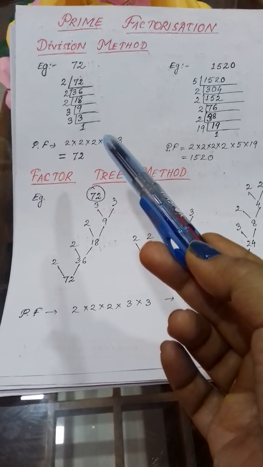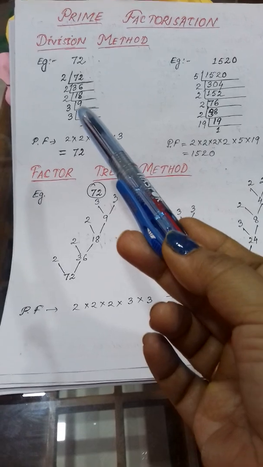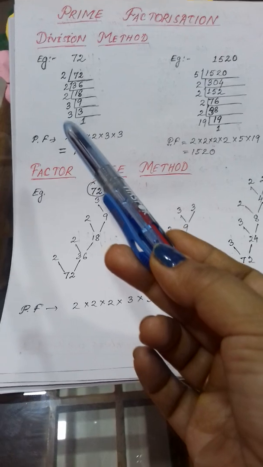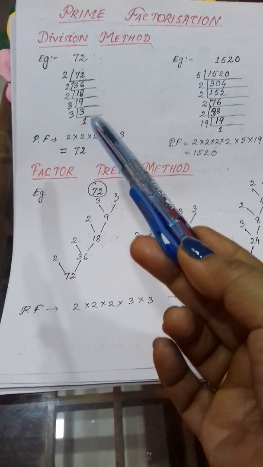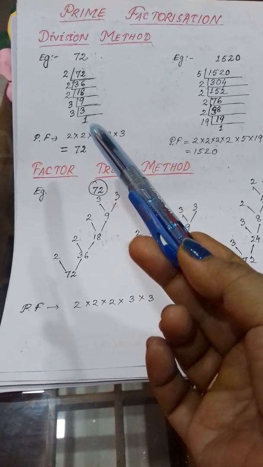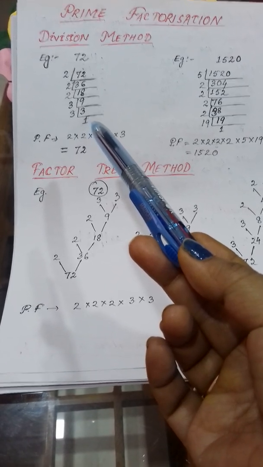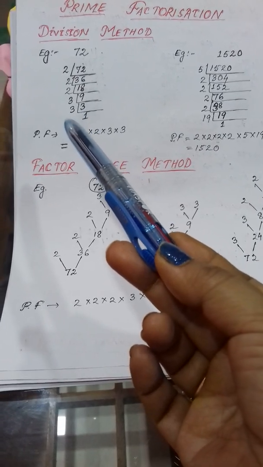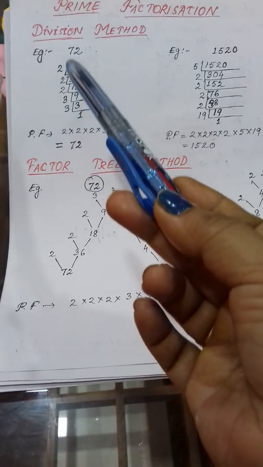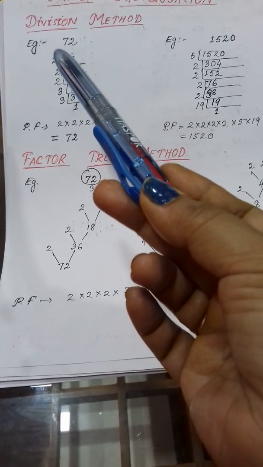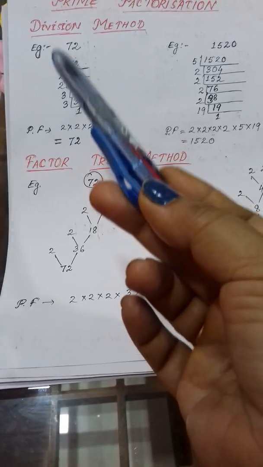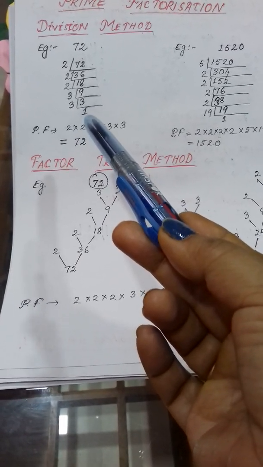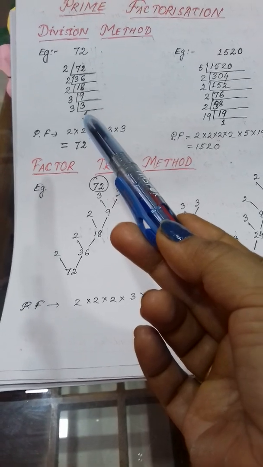Got it? Is that clear what I have told? That means if you get any prime number, you can divide only by that prime number, so you will get 1 only, and 1 you can divide with 1 only, with no other number. Clear or not? You cannot divide 1 by 1 because 1 is not a prime number. And I have told you this divisor must be a prime number. So with 1 you cannot divide. 1 is neither prime nor composite. Clear or not? It is a unit number.